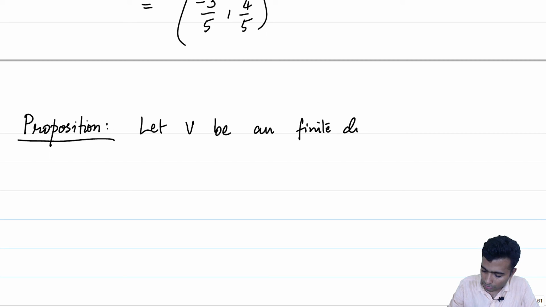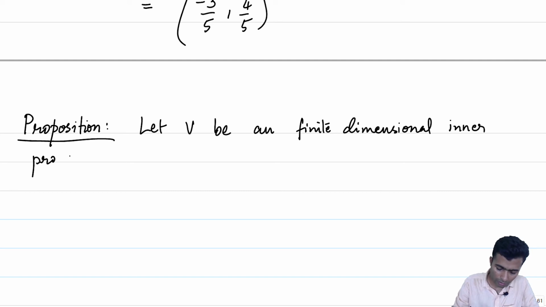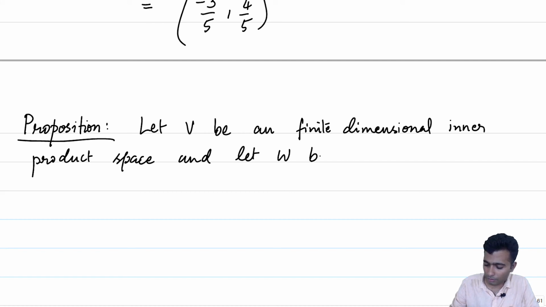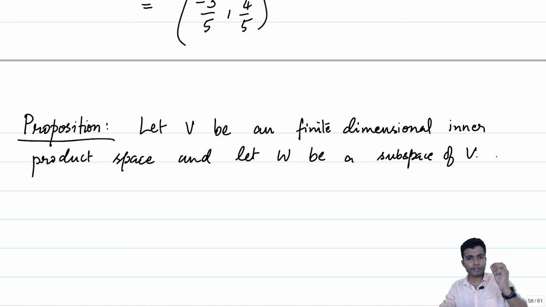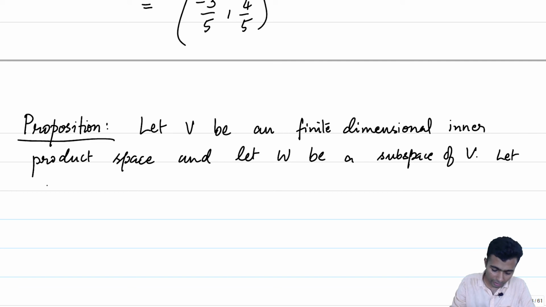This is important. And let W be a subspace of capital V, and let small v be a vector in capital V. Then